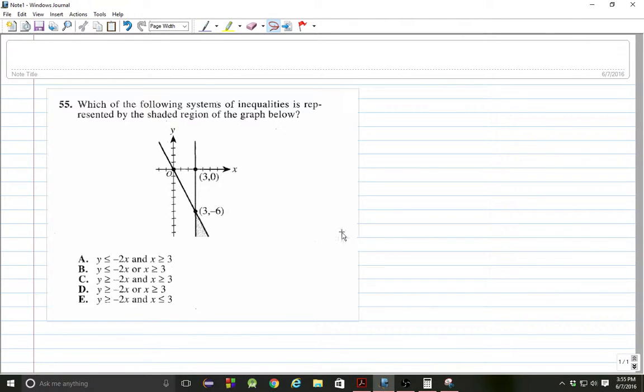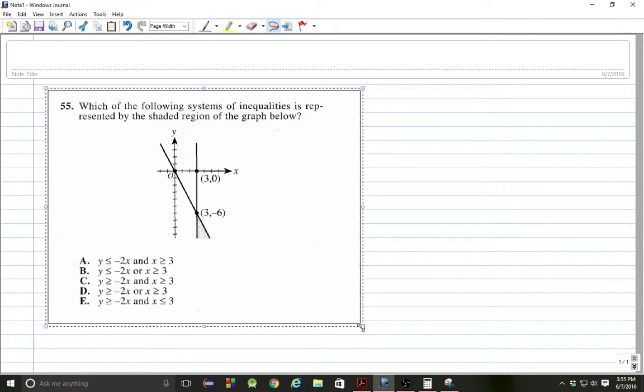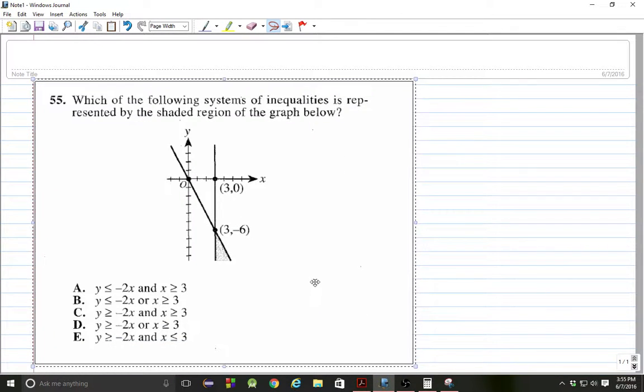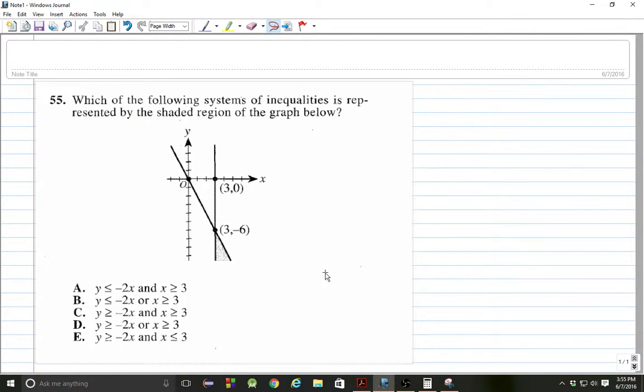Which of the following system of inequalities is represented by the shaded region of the graph below? Okay, so I could try solving for what each of these lines are, and traditionally that's what you want to do, but this is a multiple choice problem. And as you can see, all of our lines are negative 2x and 3. So since all of our lines are negative 2x and 3, we don't need to solve for that. We know that this is negative 2x,